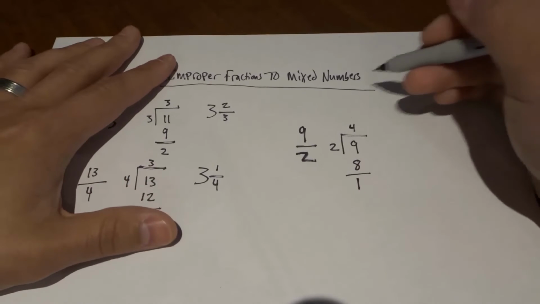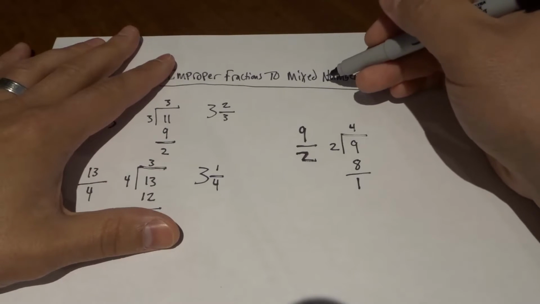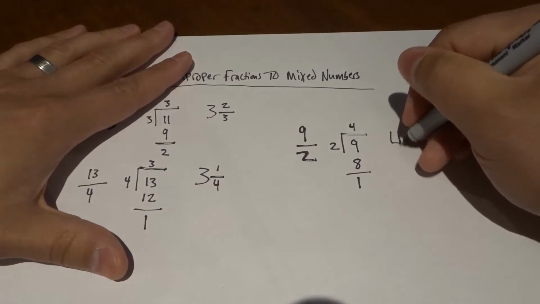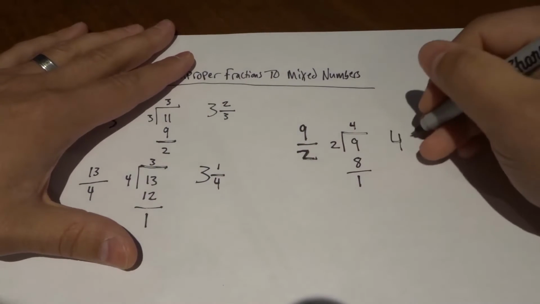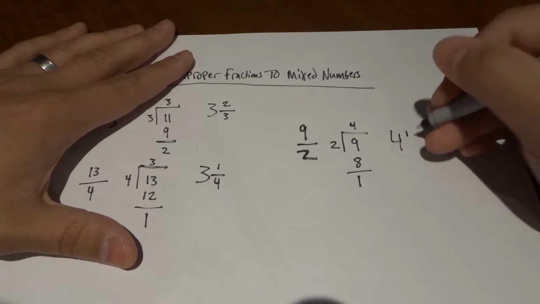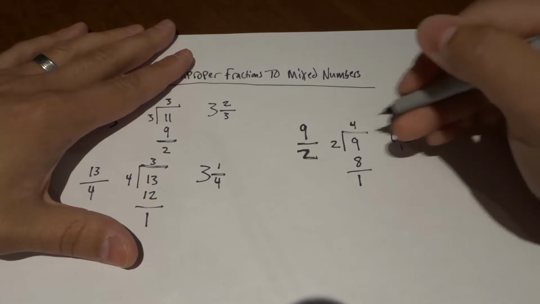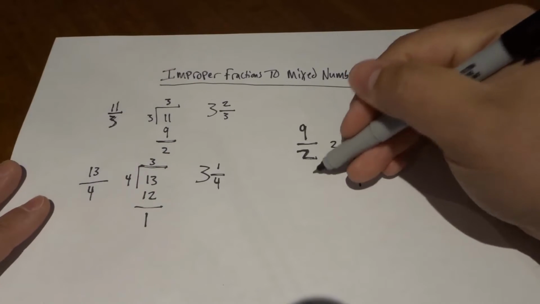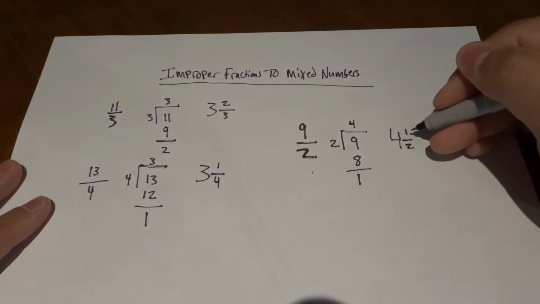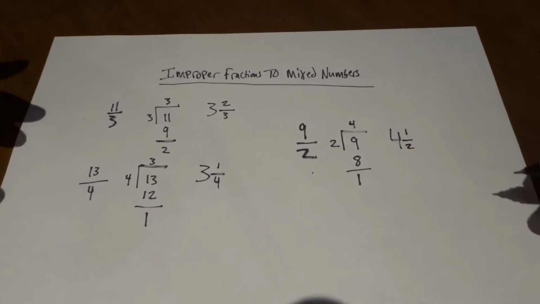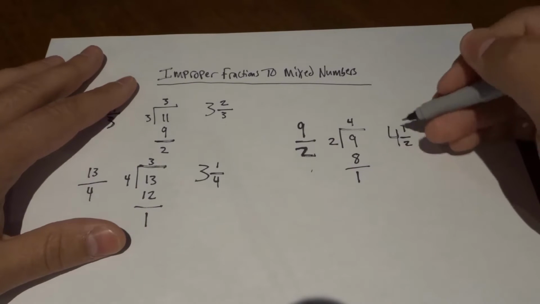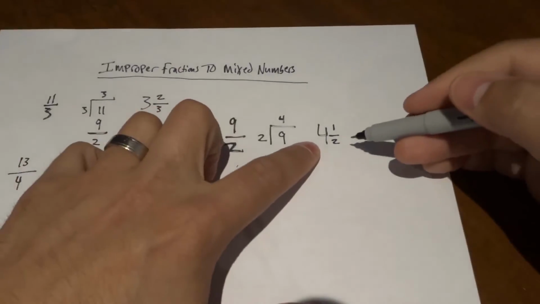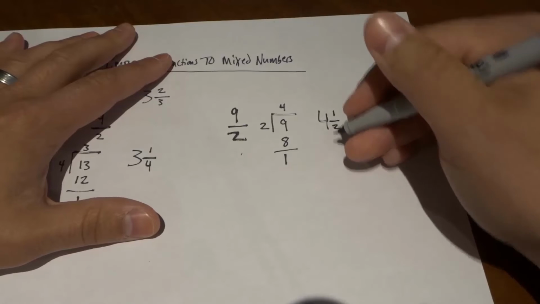We now have everything that we need to create our final answer of a mixed number. And our final answer is going to be 4 wholes. And then we have 1 as our numerator, because that's what's remaining. And our denominator is going to be the original one, which was 2. So 9 over 2 is equal to 4 and 1 over 2, or 4 and 1/2, which is basically 4 wholes and then 1/2. So if I had to just show you this, just to fully explain it,